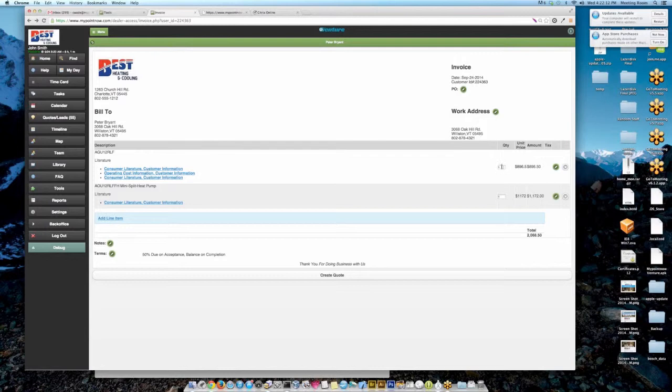Now you can change quantities, and you can see the literature that we're going to give the consumer access to on the quote. In the prior system, you could only add models after you had created your quote or work order. Now the models are already added and integral to this system, so they're included with your quote. If you convert this quote to a job, those model numbers are there,